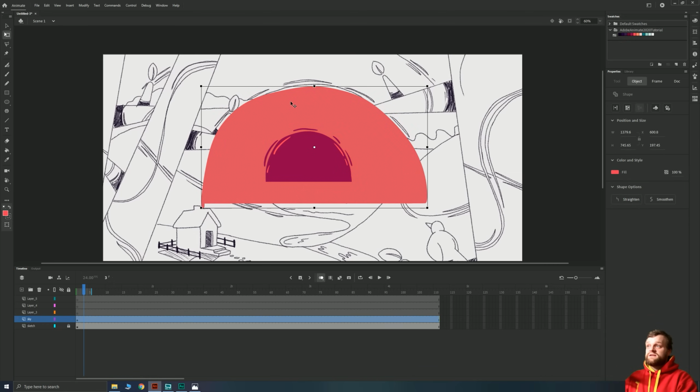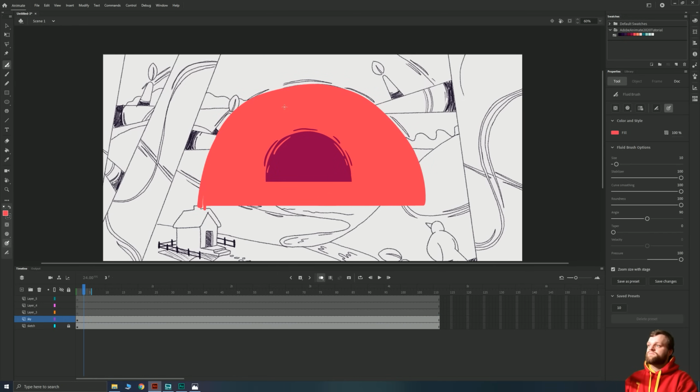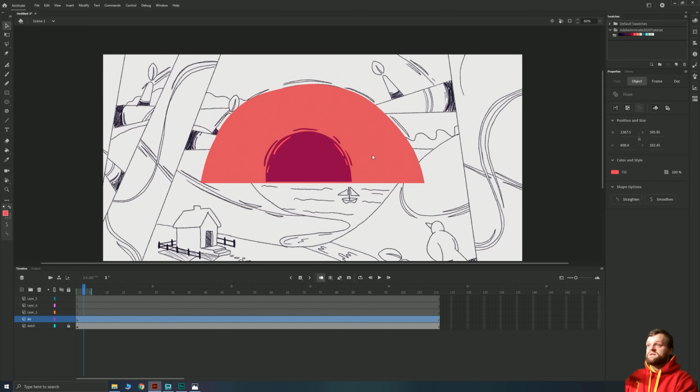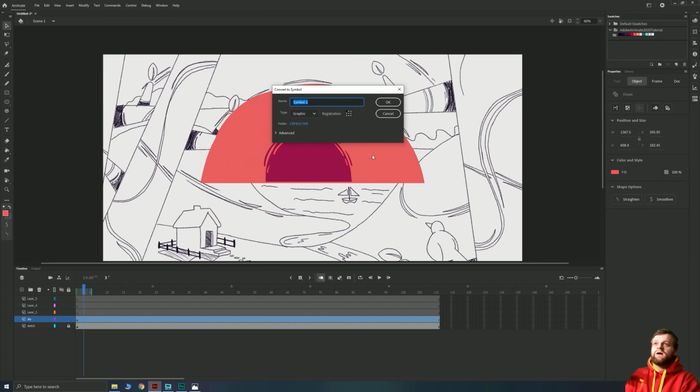So I'm going to do exactly the same thing. I'm going to turn this one into a symbol once I'm happy with its basic shape, which I think I am. Maybe we'll have this come down a bit smoother, but of course it will be behind a hill, so it probably doesn't actually matter. And we'll just have that be roughly the same height as the sun. Let's hit F8. We'll call this one, what do I call that? Sun. So let's call this one Sky Mid